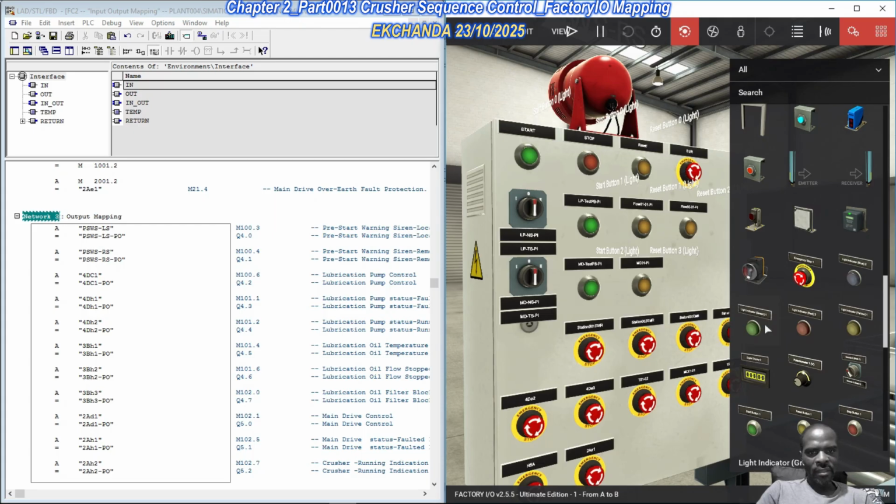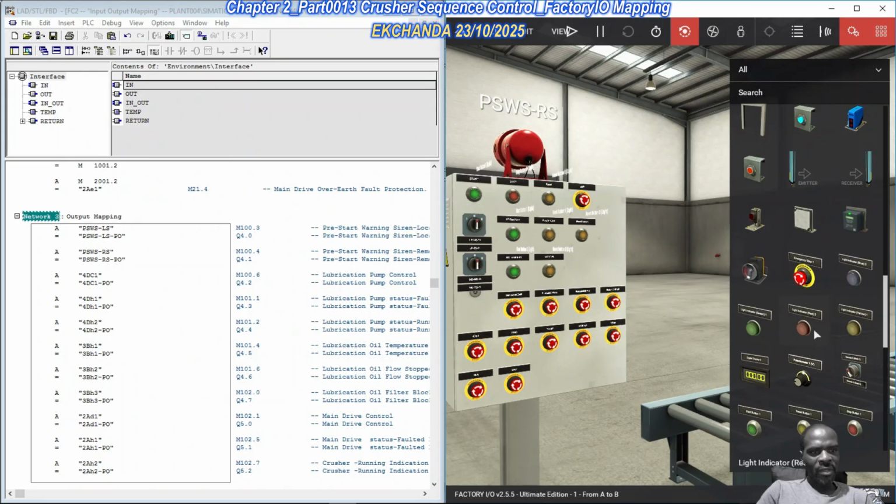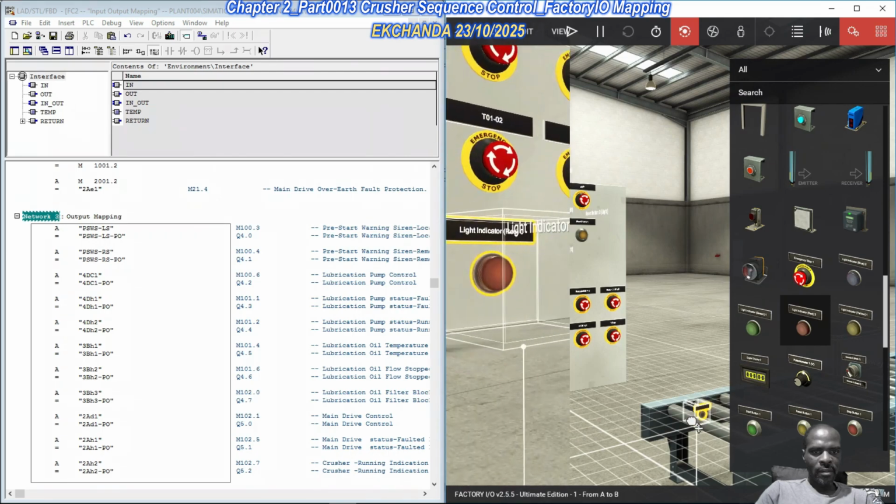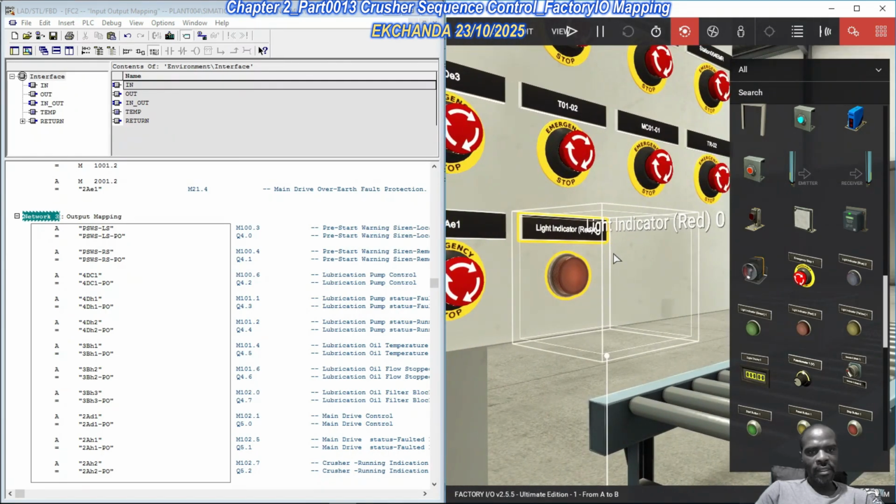Indicator light green. So for running, we can maybe pick red. So indicator light red, this one right here